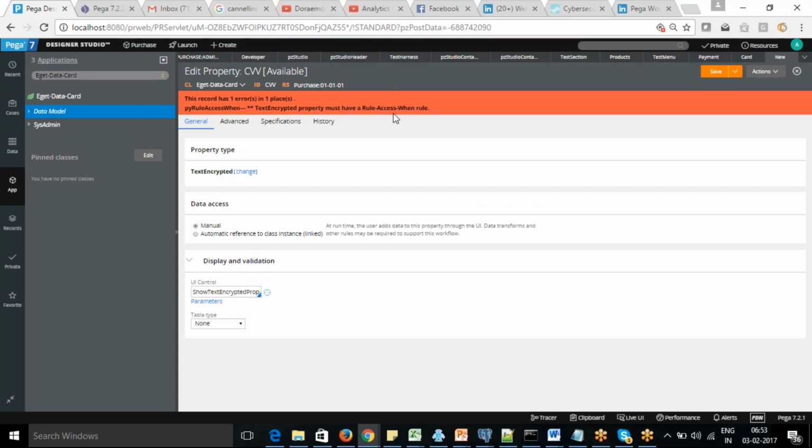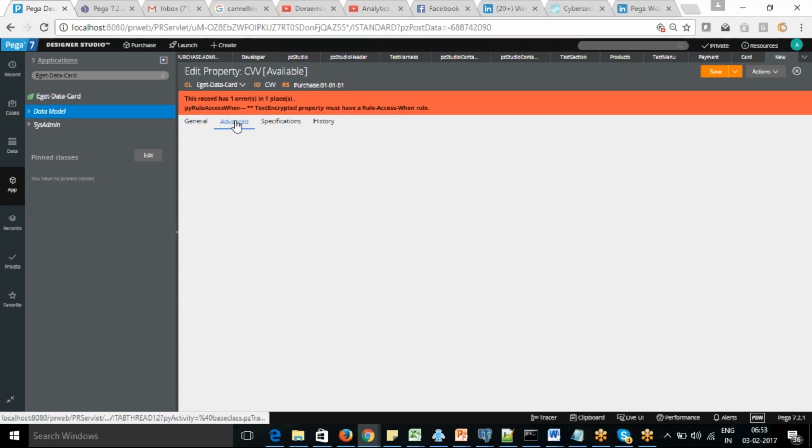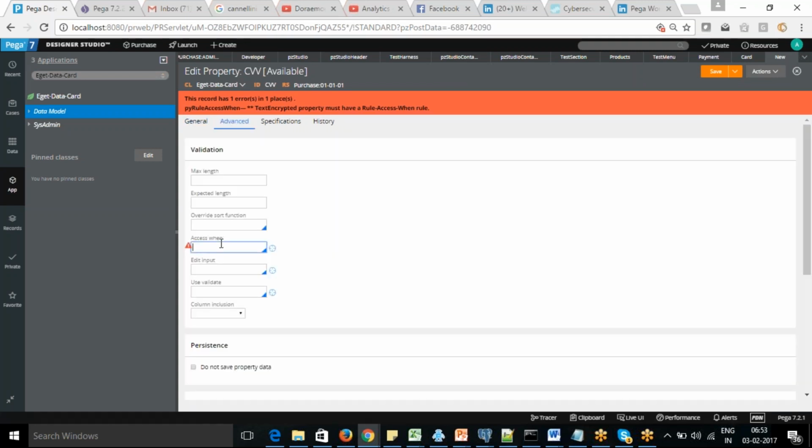It must have a rule access when rule, so that we need to define here.